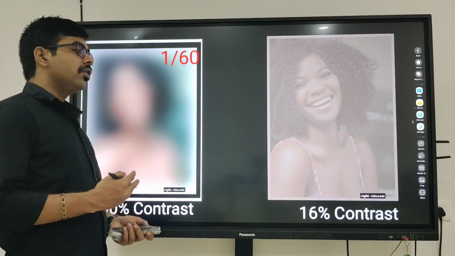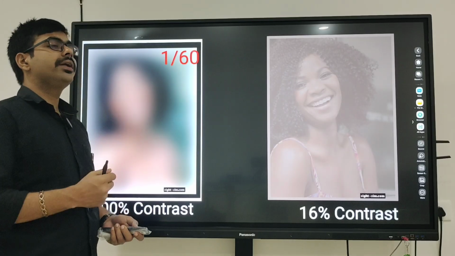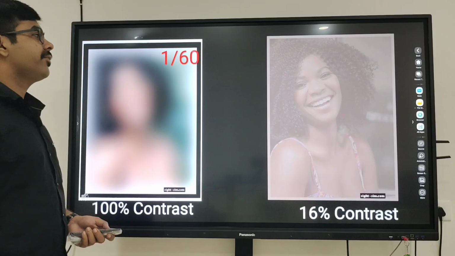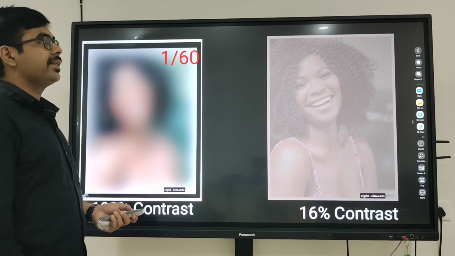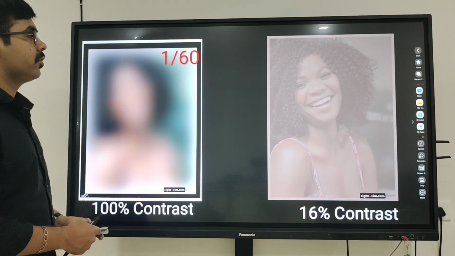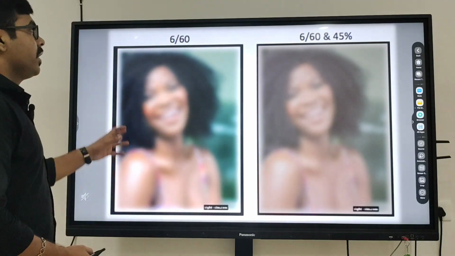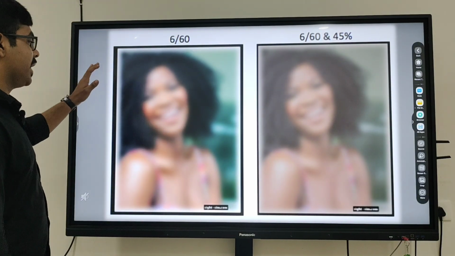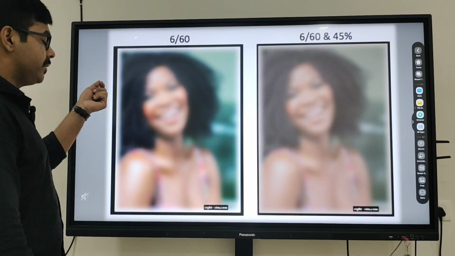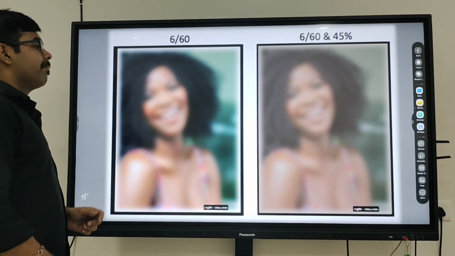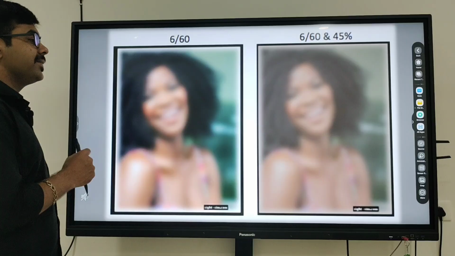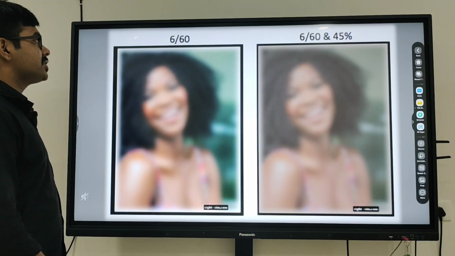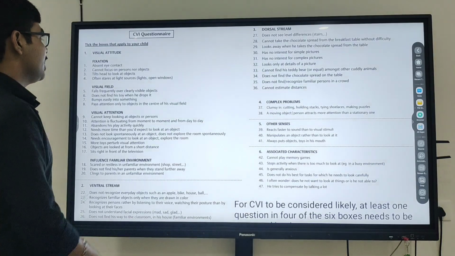So I am trying to convey that whenever the visual acuity is less, it will be difficult for the child to process or identify the face, whether their mother's face or their father's face presented in front of them. Now if we change the contrast of the face, that also matters for the child. So if we give a highlighter for their mother's face or give a dark lipstick, that will enhance the contrast and help the child to identify the face. We can see that in the picture.